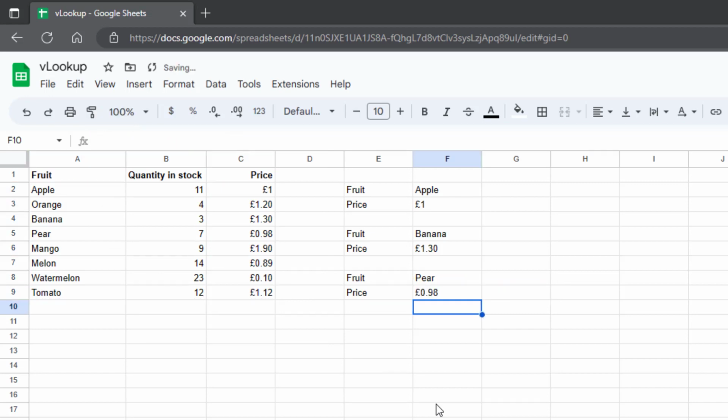Close the bracket. And there we go, it's worked. So what it's done, it's looked for the word pair, which is what's in there. It's found it, and it's found the corresponding price for it. So now let me show you something a bit more complex, using the same principle, but something that you're going